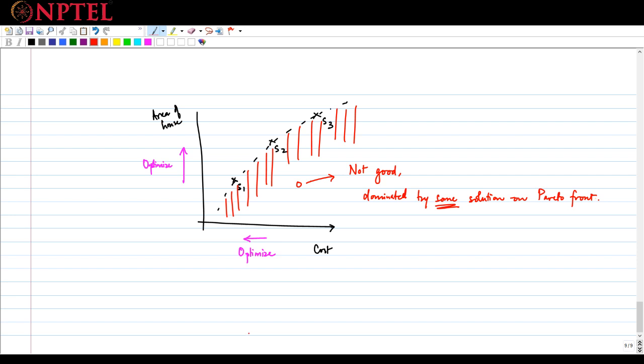Okay. So this is a case where I want to minimize the cost but maximize the area, right? So all I'm saying is that the direction in which you optimize becomes different. One small other thing which I think sometimes leads to confusion is to keep in mind that even though I draw that dotted line through the Pareto front,